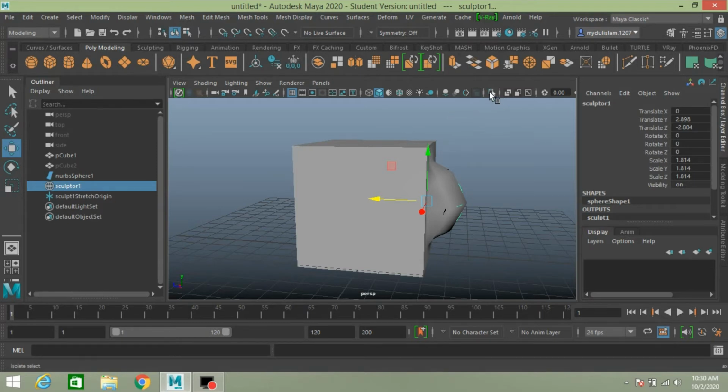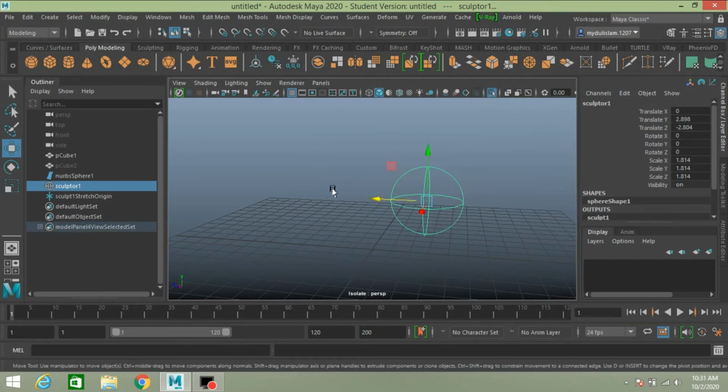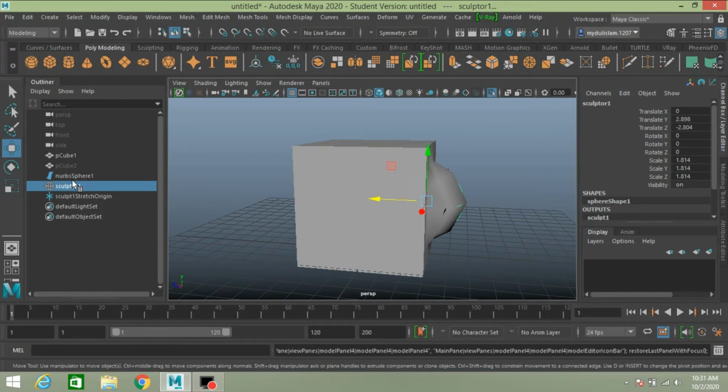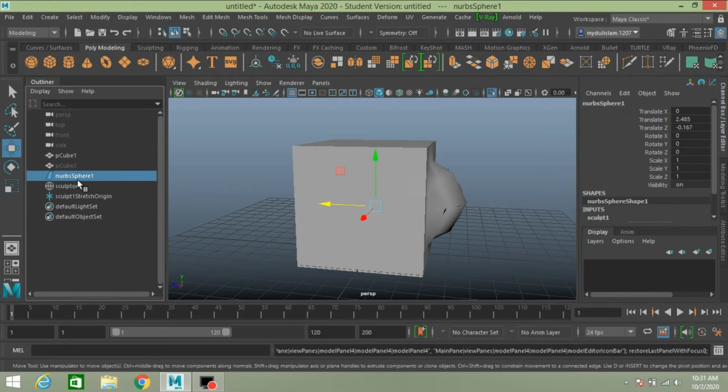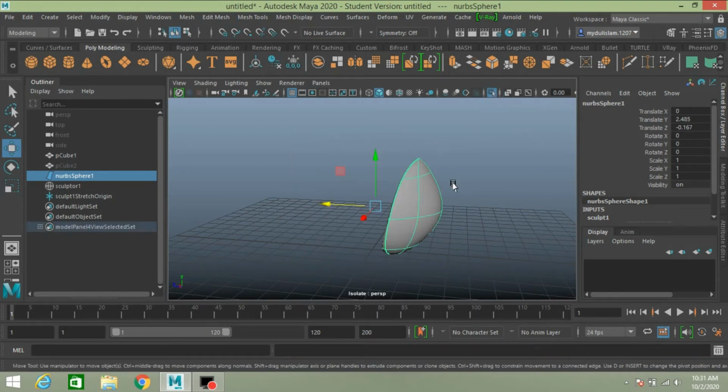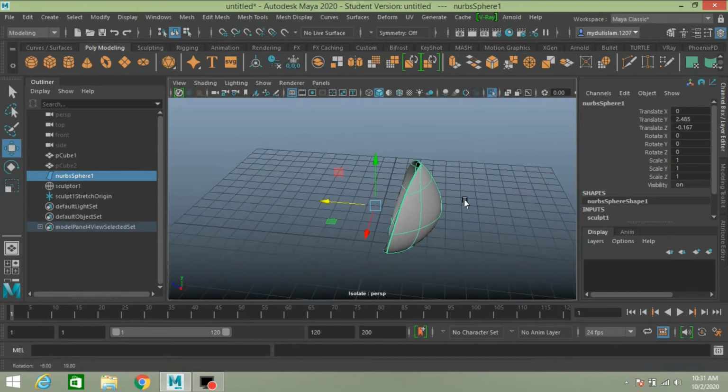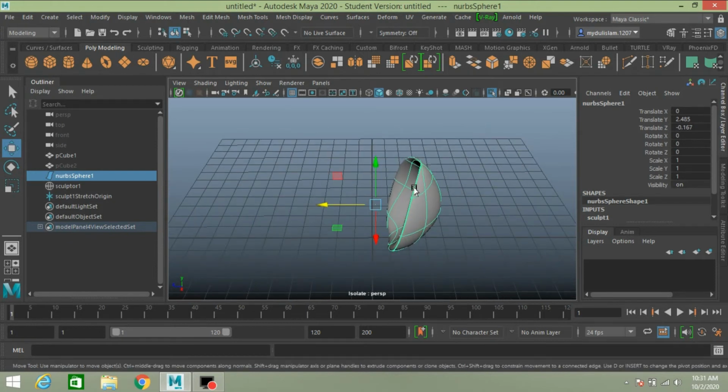Now click here, Isolate Select, View Selected. Ctrl Z to undo. Select the NURBS sphere. Click Isolate Select. See.